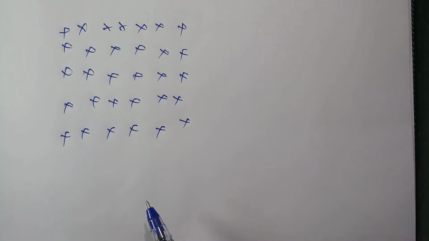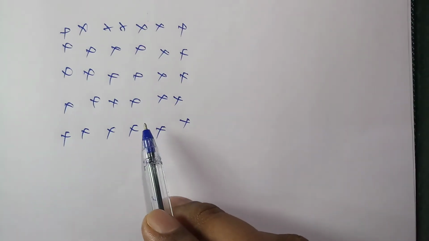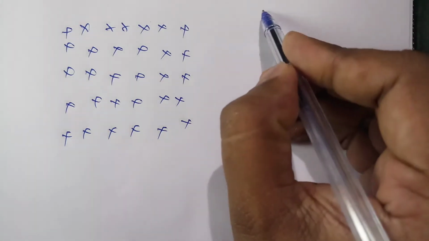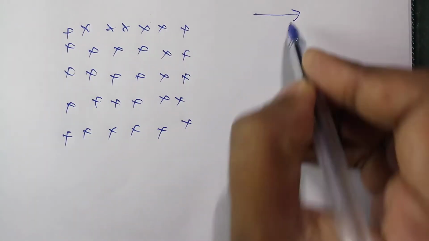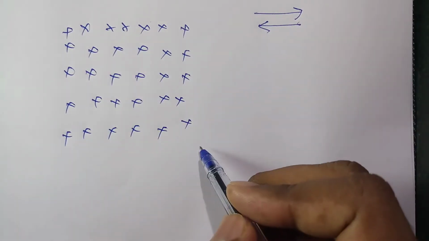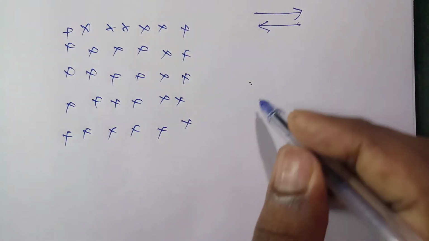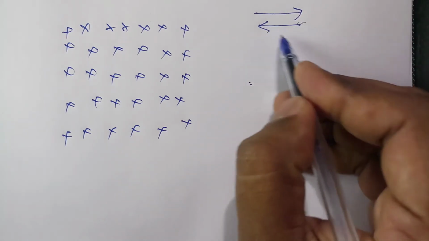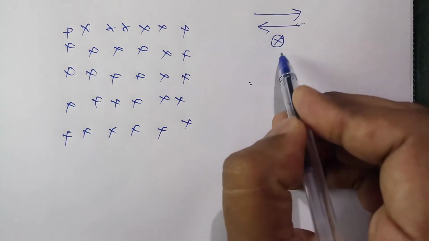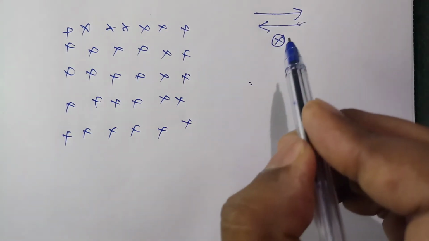Let us consider a uniform magnetic field like this. What is the meaning of this magnetic field like this? See here, if the magnetic field is toward this direction, we will draw an arrow mark toward that direction. If it is this direction, we will draw like this. If it is into the paper, then this arrow mark you will see from behind, so it will be crossed like this. So this cross says that the direction of the field is into the paper.